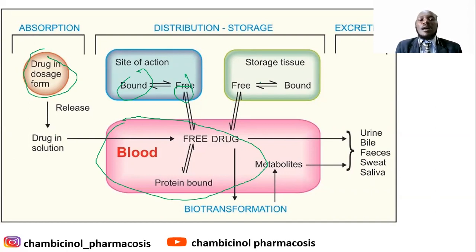As we see, some of the drug will be distributed into the storage site. When it is in the systemic circulation, the bound form of the drug, which means the drug bound with the plasma protein, will not be able to undergo metabolism or distribution, and it will not be excreted. Those free forms of the drug will be metabolized and excreted through the different organs responsible for excretion of the drug. For example, here we have urine, bile, feces, sweat, and saliva